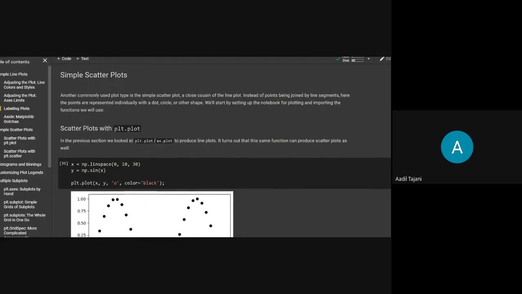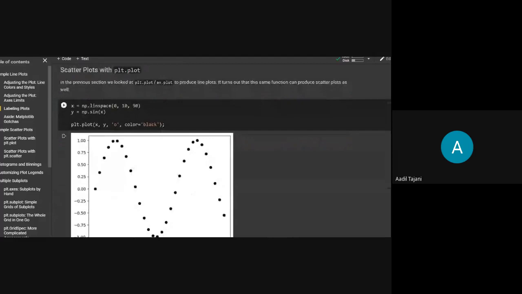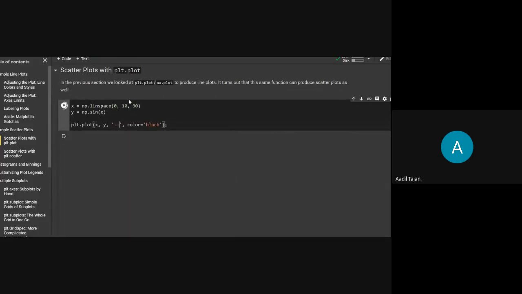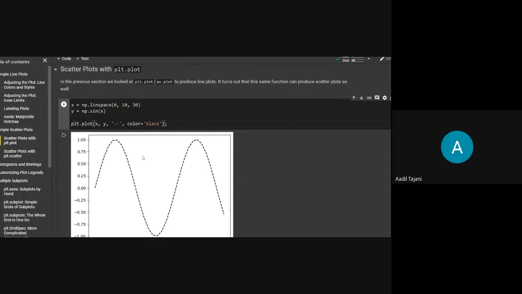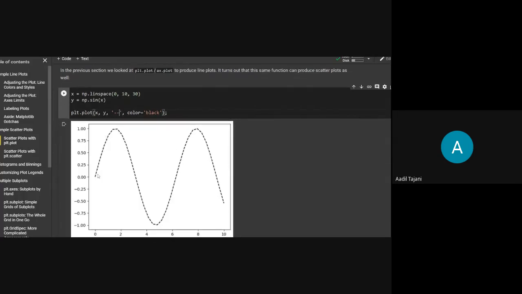Now you can also do scatter plots with simple plt.plot. If you remember, we mentioned the line styles, the codes for those line styles. If I mention double dash here and run this command, I'm just plotting 30 points with the sine values. As you can see here, this is a simple line plot of the sine function from 0 to 10 radians. But this is a line plot and I want a scatter plot.